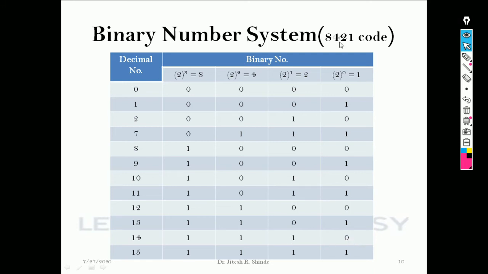The 8421 code forms the base for how we can convert a hexadecimal number into a binary number. On the other hand, the 421 code forms the base for how we can convert an octal number into its binary equivalent number. Thus this forms the logic for the conversion in the octal number system and in the binary number system.